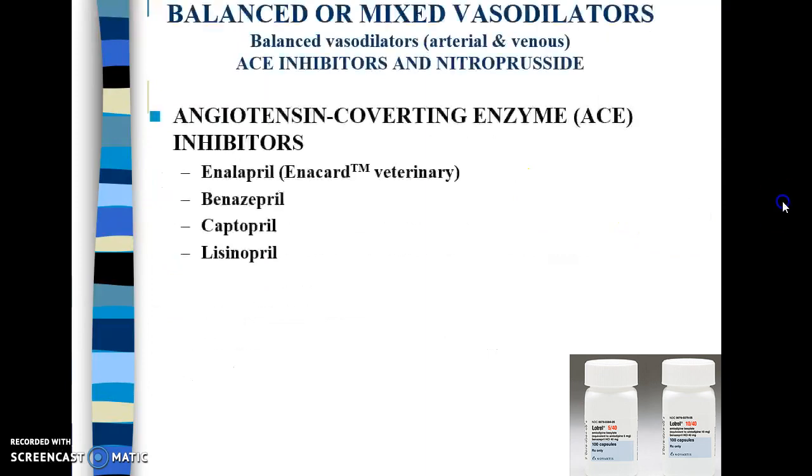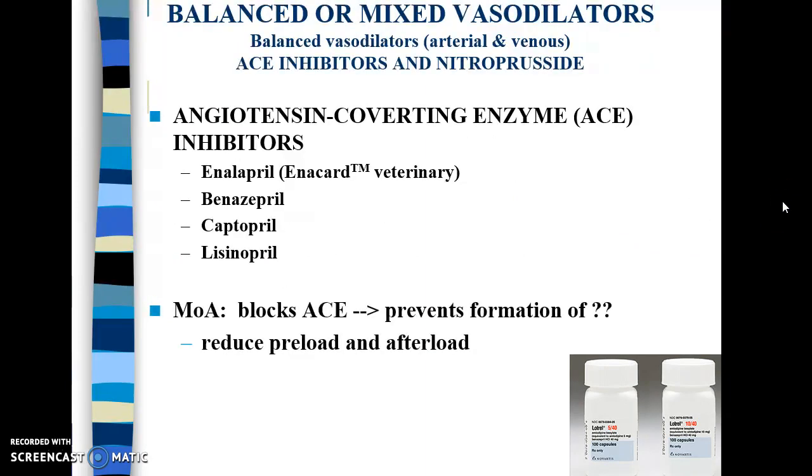So now we're going to move to the balanced or mixed vasodilators, and we have two of them, ACE inhibitors and nitroprusside. ACE inhibitors, I call it the Pril family because all of these names end in Pril. Enalapril, benazepril, captopril, lisinopril. What they do is they block angiotensin converting enzyme, otherwise known as ACE. If you remember back in the renin-angiotensin system,